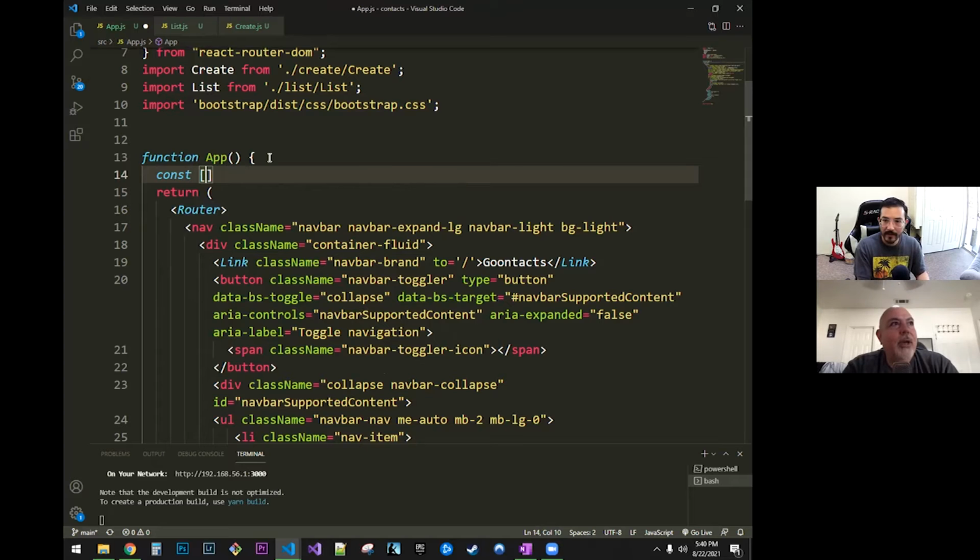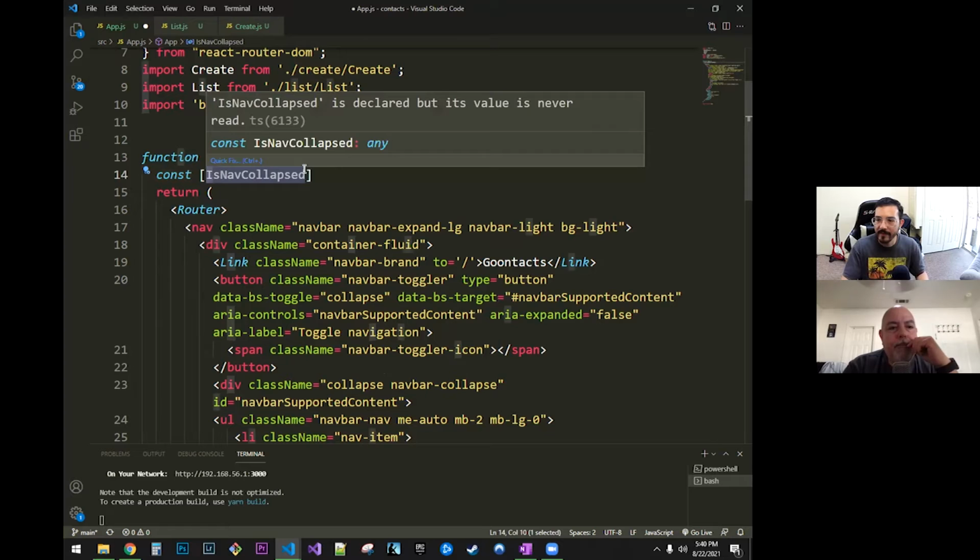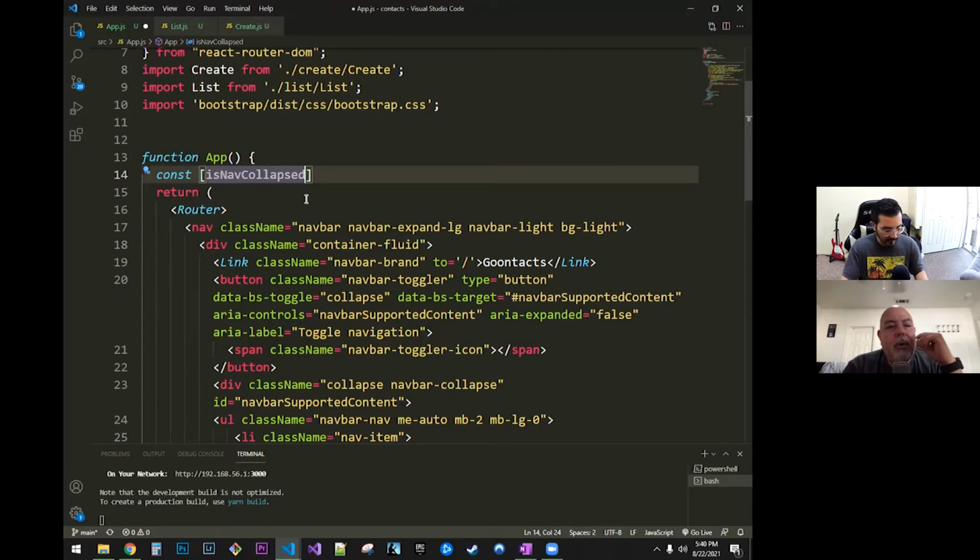Square brackets, yeah, we have isNavCollapsed. In other words, we're asking the question, is the navigation collapsed? That'll be a lowercase i on "is". isNavCollapsed, and then we're doing a comma, setIsNavCollapsed. So in other words, we're going to get a method, and that's a lowercase s. Yep. isNavCollapsed, and that's going to be equal to